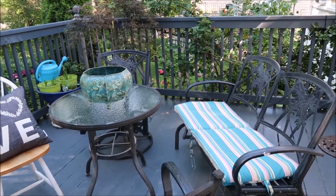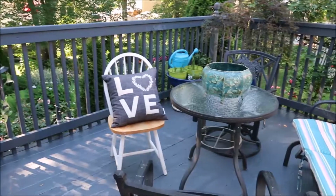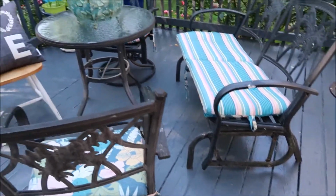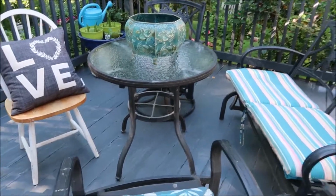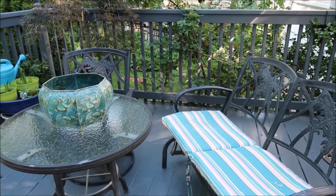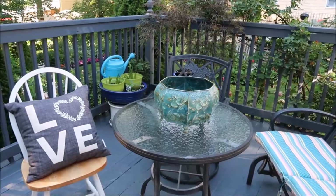And today we are going to be celebrating Father's Day in the garden. So we've been putting it together. The deck has gotten a really nice paint job. I've decided to keep the different cushions on the chair for now, but I've added a chair and a pillow and the centerpiece,